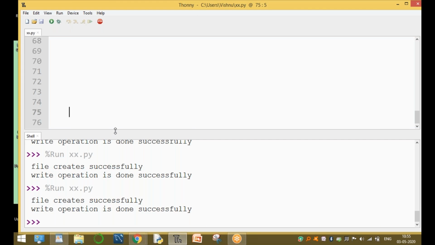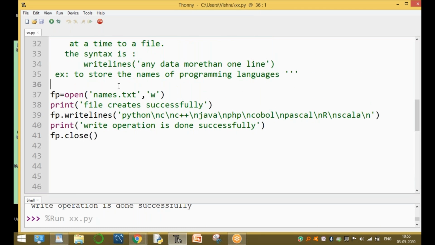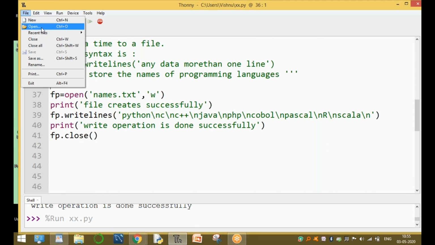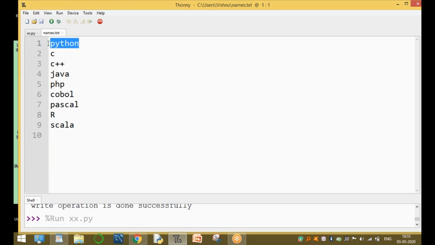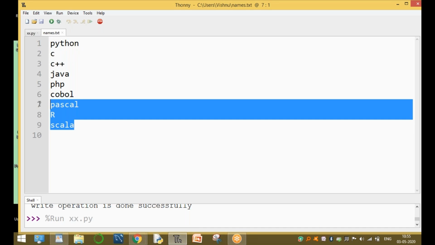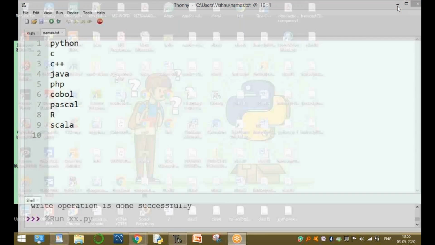Now go to the file names.txt and open it. You can use another name also, no problem. Python, C, C++, Java, PHP, COBOL. Using the writelines function, Pascal, R and Scala are added separately.